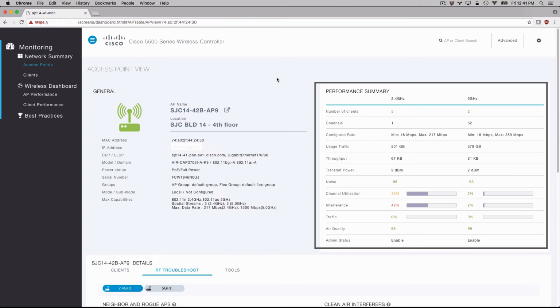Another useful feature of the performance summary is a color-coded indication of health for certain metrics. This includes the number of clients, the amount of noise, channel utilization, interference, traffic, and the current air quality for each channel. This is a useful tool for quickly identifying radios that may be experiencing high utilization or may be